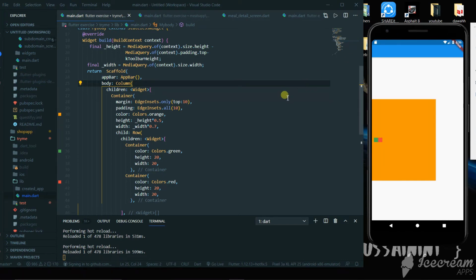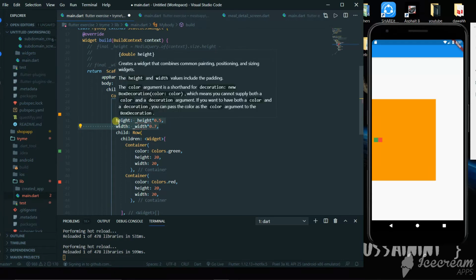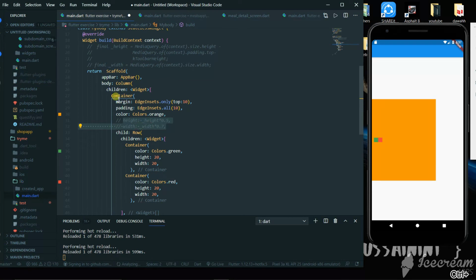So the other way is, without using this, I'll just comment this out. What we'll have to do is, we'll cut this container, we'll delete this height and width, I'll just comment it out, and we will wrap this container into a widget.